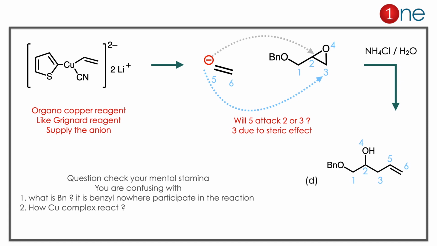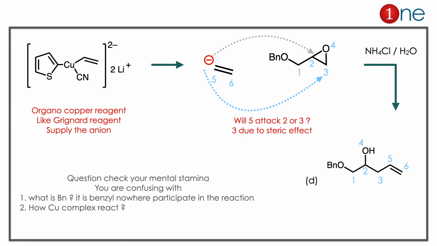Similarly, the copper complex. People will think why the copper complex reacts, how it reacts and where it will react. Here you have to know the basics. If it is an individual aromatic system, the reaction normally does not proceed. It will stabilize and end there. Here the alkene is not a stabilized system because it's a charged one and it has nothing stabilizing like aromaticity. The charge is unstable, so it is involved in the reaction here.